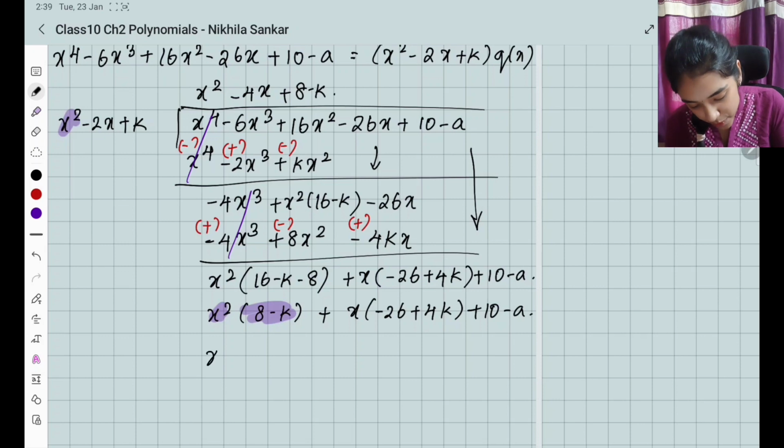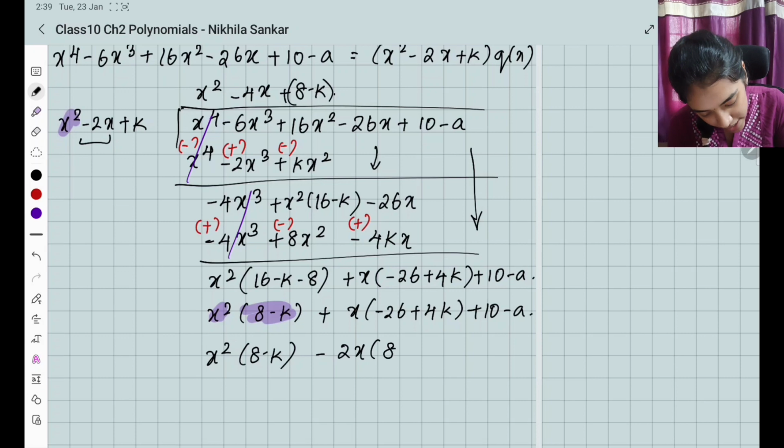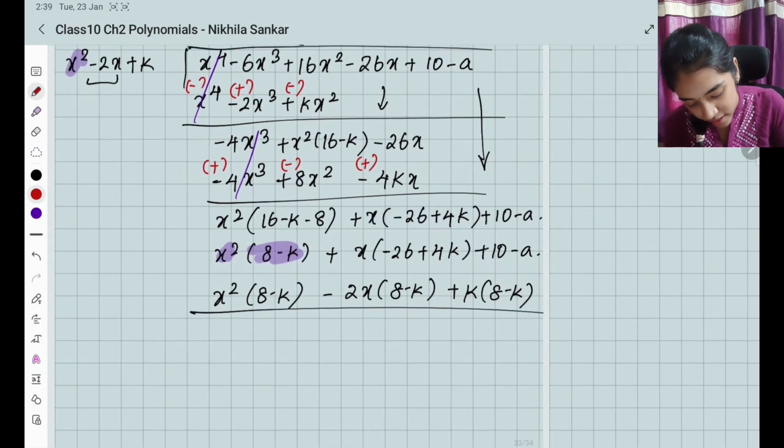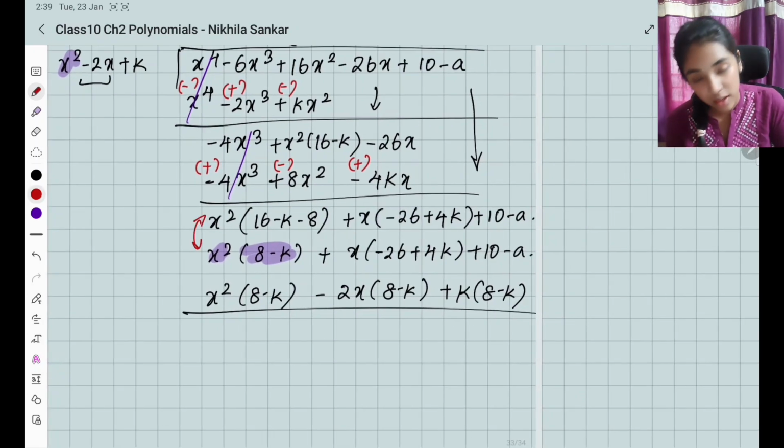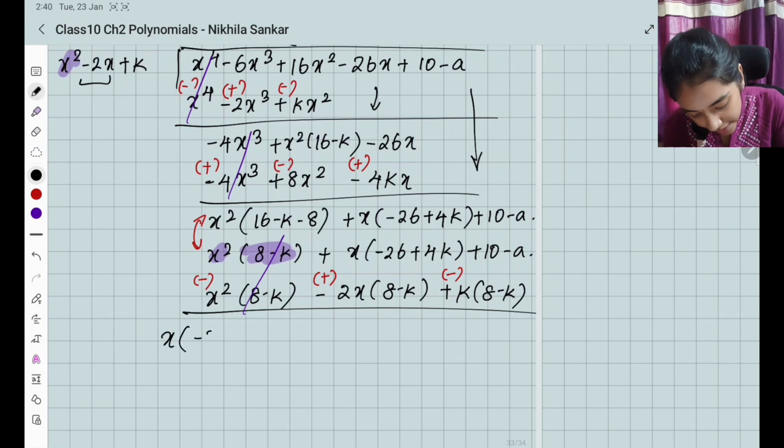Okay, now this becomes x square into 8 minus k. Next term என்ன minus 2x into 8 minus k. 8 minus k ஓட multiply பண்ணணும். So minus 2x into 8 minus k is going to be minus 2x into 8 minus k, then plus k into 8 minus k. Now when I subtract, இந்த ஸ்டெப்பும் ஒன்று தான். Okay, please don't get confused. So this becomes a minus, the minus becomes a plus and plus becomes a minus. இப்போ overall என்ன ஆகும், the first term gets cancelled and I'll be left with x common எடுத்தா I have minus